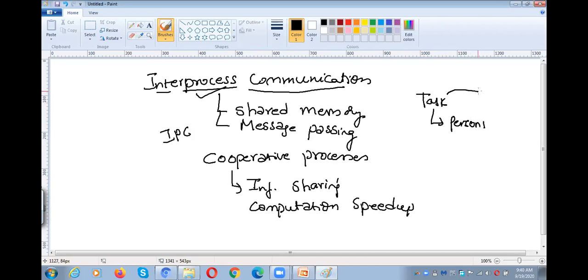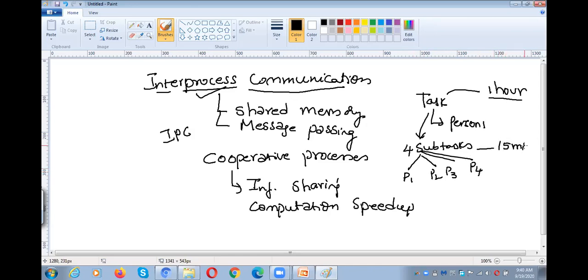So the task requires 1 hour of time to complete. If a single person does the job, it takes 1 hour. If we divide the task into 4 subtasks and assign those 4 subtasks to 4 different persons, person 1, person 2, person 3 and person 4, then obviously, in order to complete the task, we require only 15 minutes.